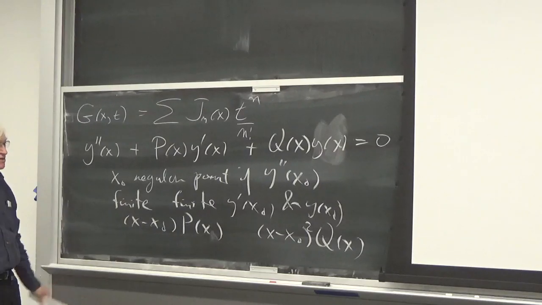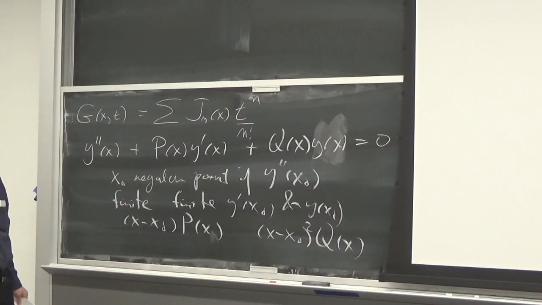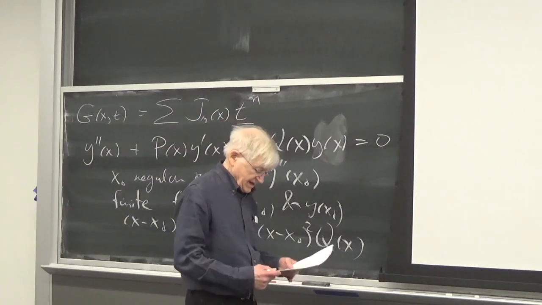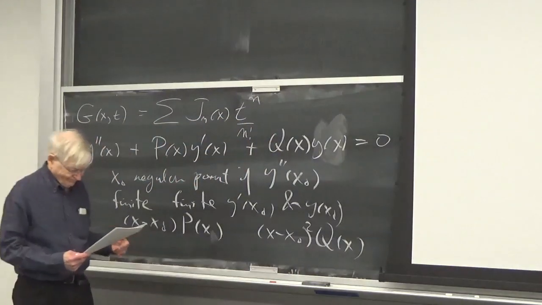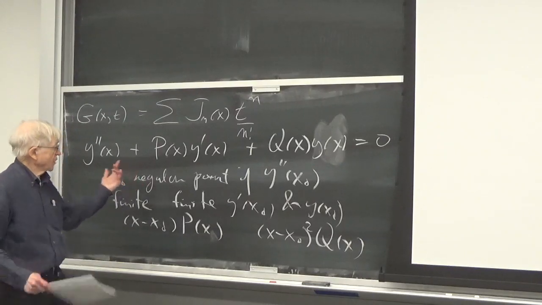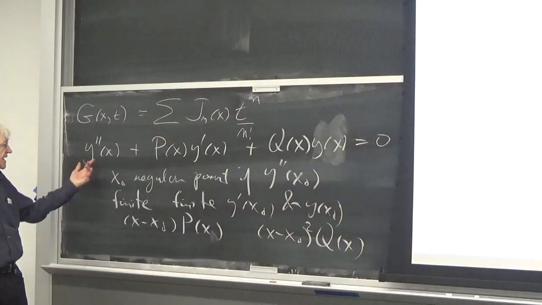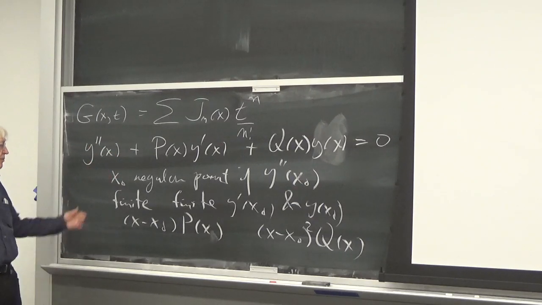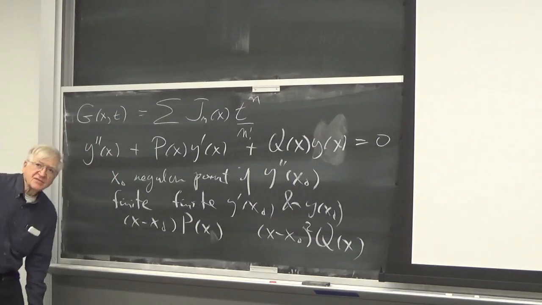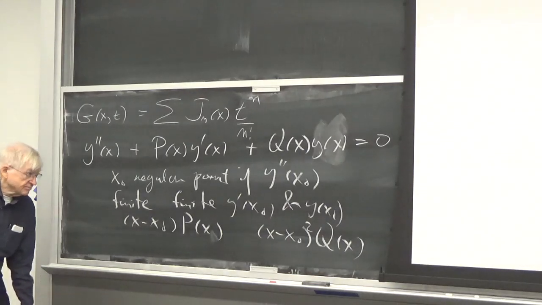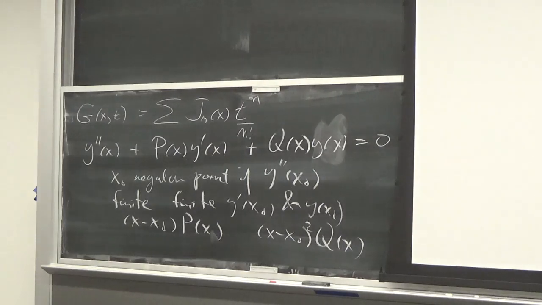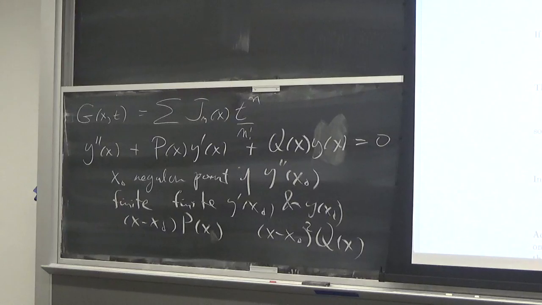Sometimes one considers the point at infinity. In other words, one might ask, as x goes to infinity, or minus infinity, does y double prime remain finite or not? And in that case, what you do is